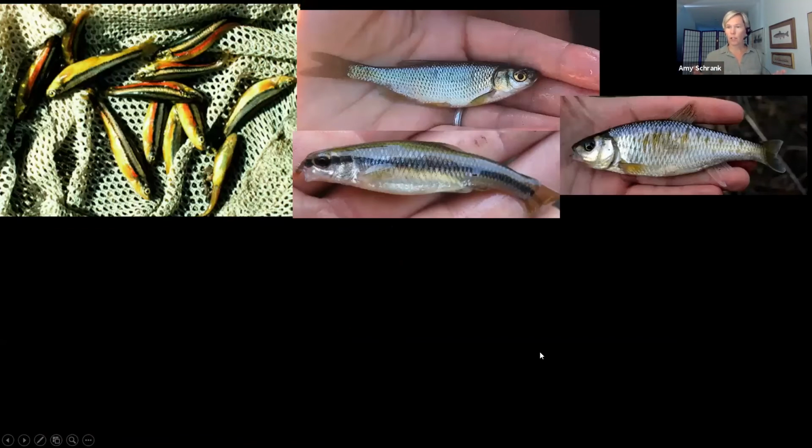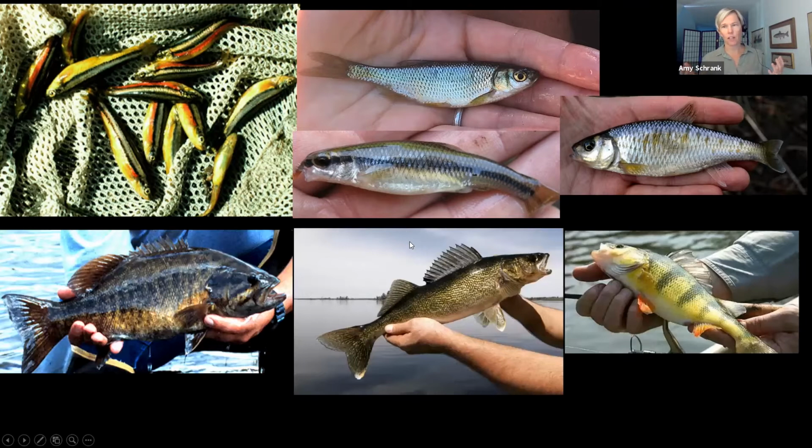You have small-bodied fish that spend their entire lives in these nearshore vegetated zones. So think of minnows, right? Remember, we can talk about the word minnow in the English language, which just means small fish. When I say minnow, I'm talking about members of the group Cyprinidae, so actual minnows, which don't get really any bigger than this. And these fish are really important because they form most of the diet for larger game species that humans tend to care more about.